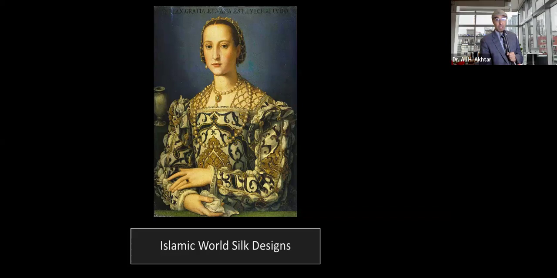So a very interesting snapshot in time in Florence in the 1500s, the capital of the Republic of Florence and what at this point is now the Duchy of Tuscany, where Italian silk designers are assimilating and experimenting with Middle Eastern and North African motifs and designs as they build out a very profitable, locally made, no longer just imported, silk fashion industry that begins to be exported throughout the rest of Europe.